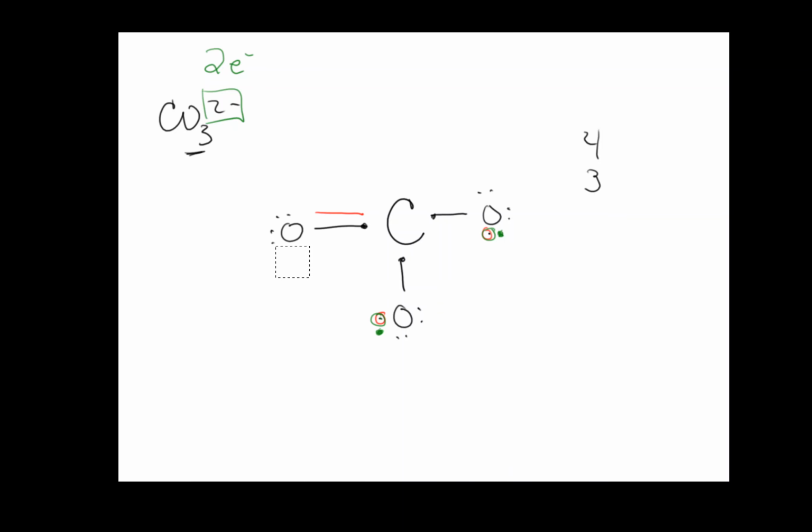Alright, it's not beautiful, but that's a little bit better. Okay, so there's no loners, and I'm going to check my octets. Alright, so 1, 2, 3, 4, 5, 6, 7, 8. So this oxygen has 8 electrons,